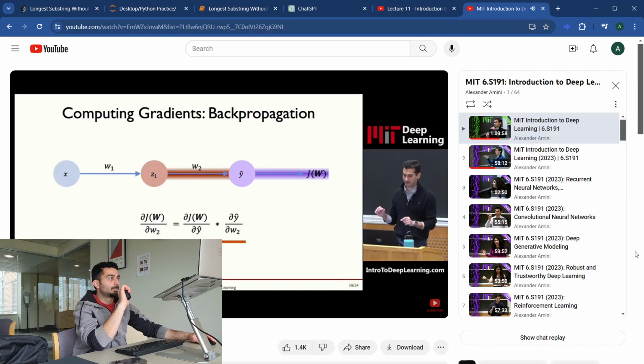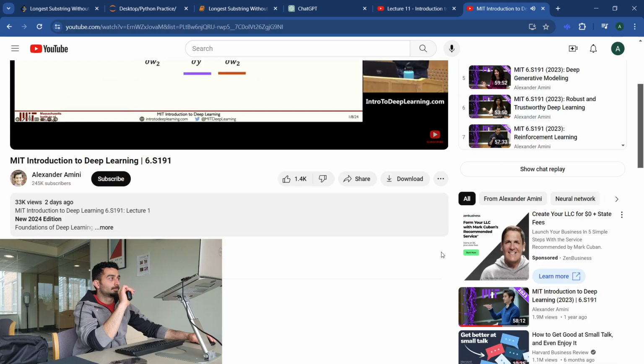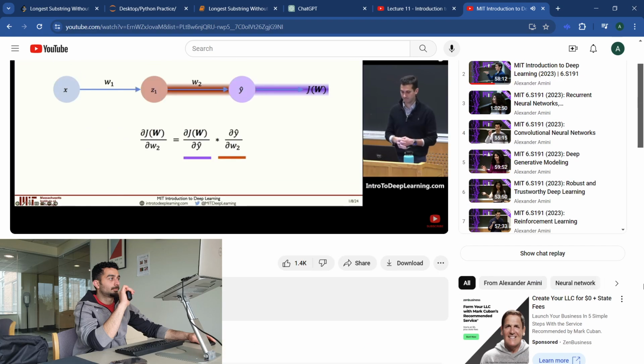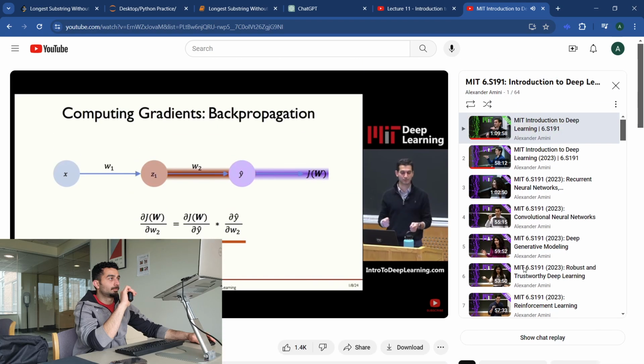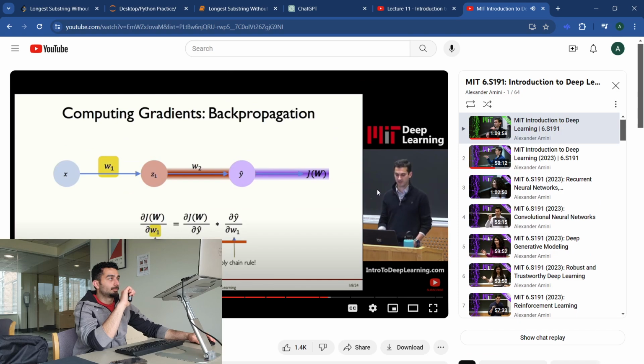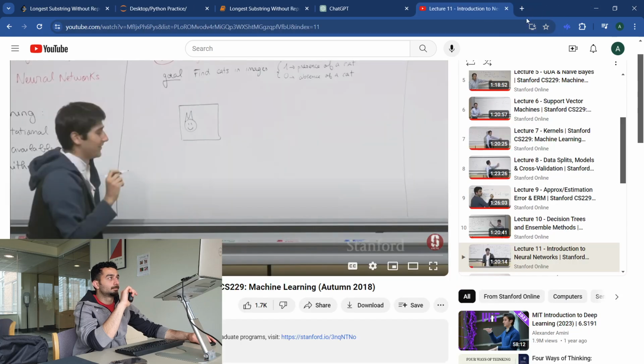Multiplied by dy/dW2, right? This is all possible, right? It's a chain rule. I'm just reciting a chain rule here from calculus. This is possible because y is only dependent on the previous layer. And now let's suppose we don't want to do this for W2, but we want to do it for W1. We can use the exact same process, right? But now